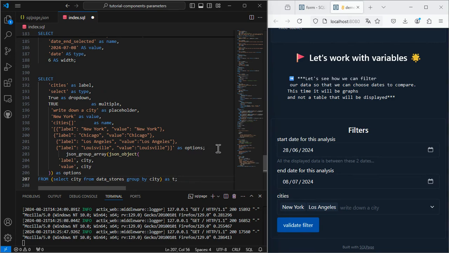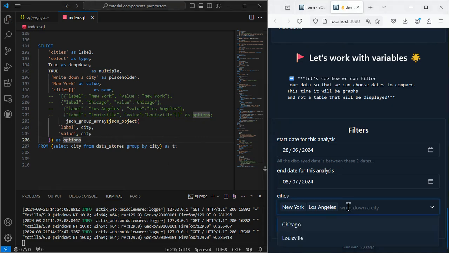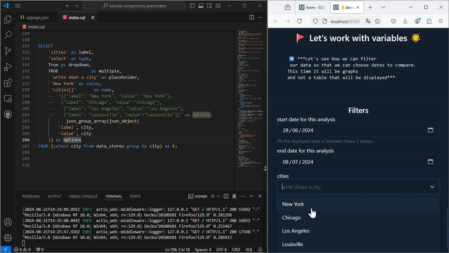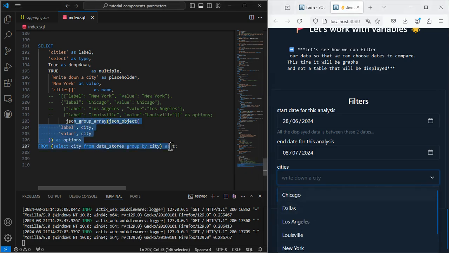I'll keep it as a comment to show how it's done. So we initially had the 4 cities I manually wrote down. If I now refresh the page, I've got all the cities of my dataset using this function.